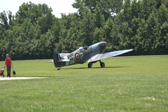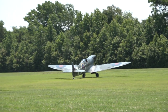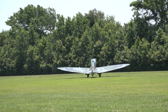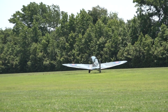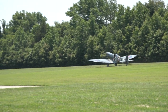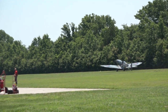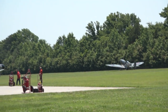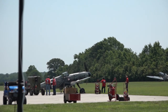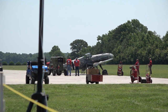So taxiing out now from our ramp, this is Johnny Mazza. Who I'm sure, as I said, will waste no time in running through his preliminary flight check. As the plane taxis, you can also get an impression of the beautiful elliptical wing of the Spitfire. What a beautiful bird. And most probably the most beautiful, if not one of the most beautiful aircraft to come out of the Second World War. Machines built for war very rarely have an aesthetic appeal, but we can say without a doubt the fifth of that nation